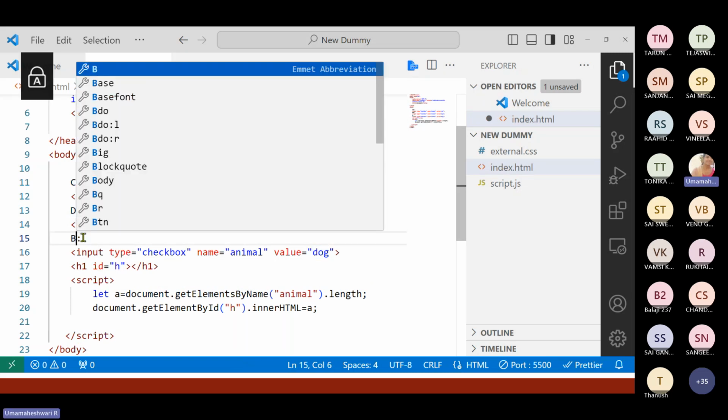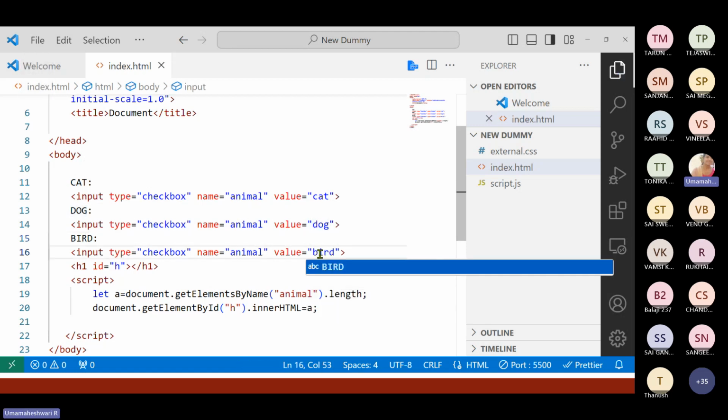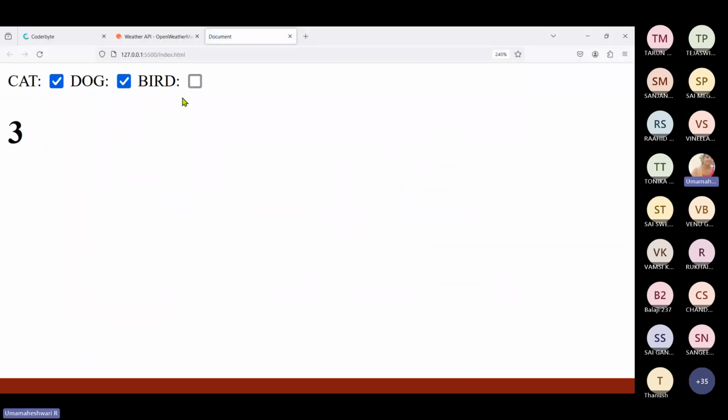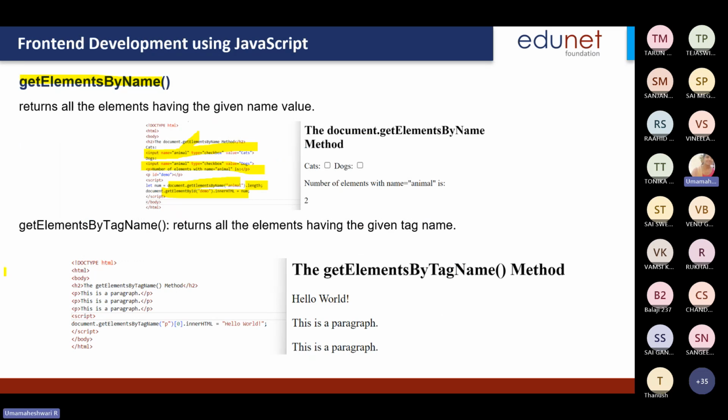Can give birds. Three. Clear? Okay. And then finally, we have something called getElementsByTagName. What is tag name? So tag name is